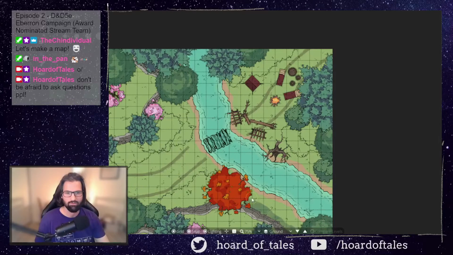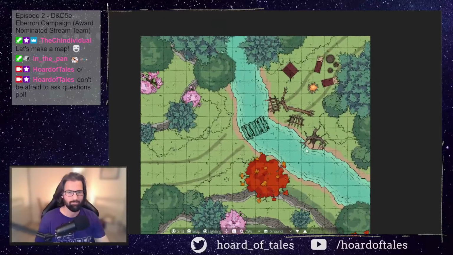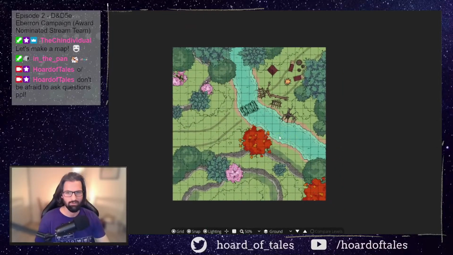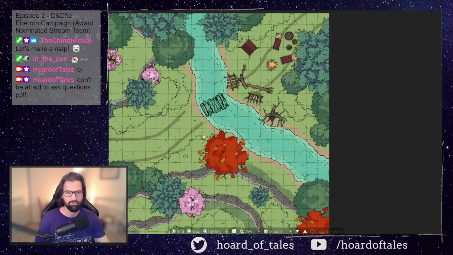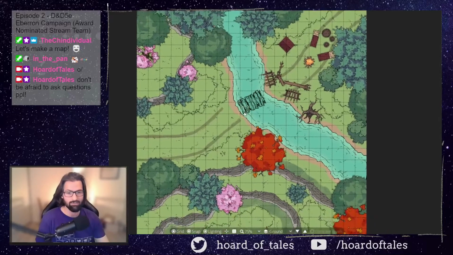The thing is, it's very easy to make a map that is also too crowded. That's the opposite problem of having a map that is too empty. But I think this little thing, we have quite something going on here. Is it comparable to a super fancy detailed battle map? It sure isn't. But I think that maps like these still look great and they still get the job done